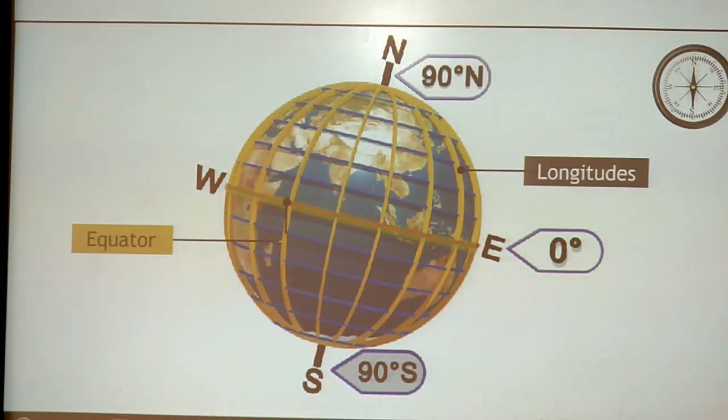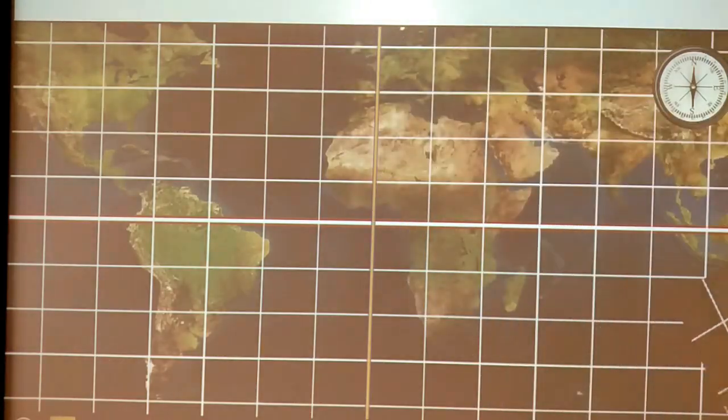Yes, the lines of meridian or the longitudes help us to measure the distance from east to west. When we want to locate a place, it becomes easy for us when there are longitudes. The degree of longitudes helps us to locate a place from east to west direction. As you can see in the picture, this dotted line is the equator.